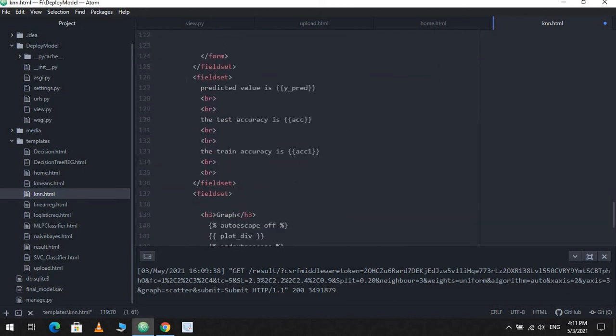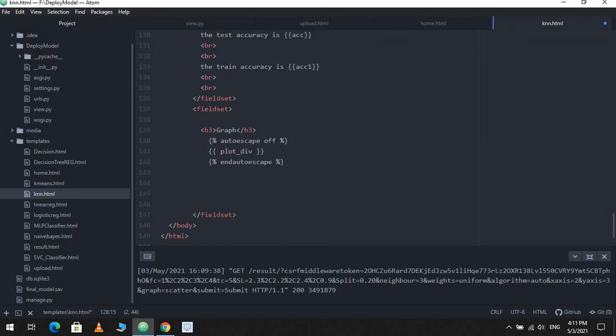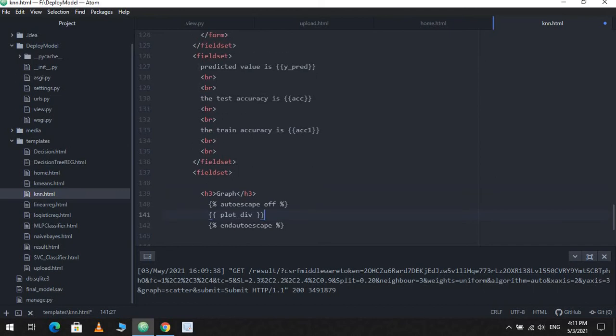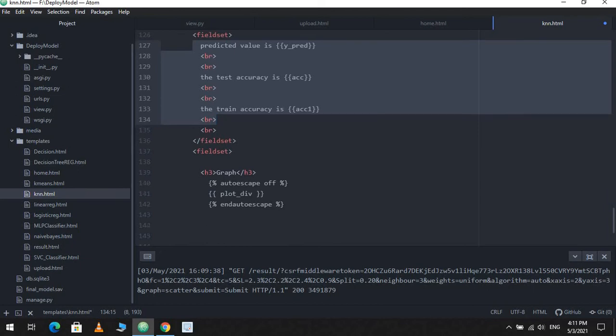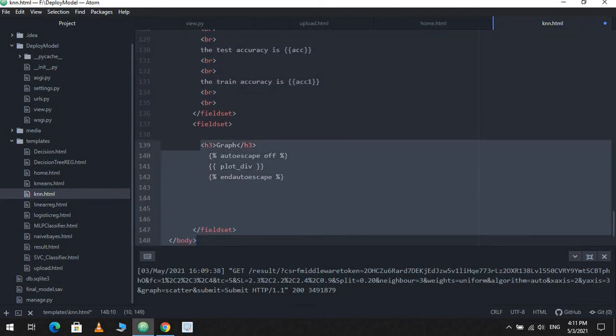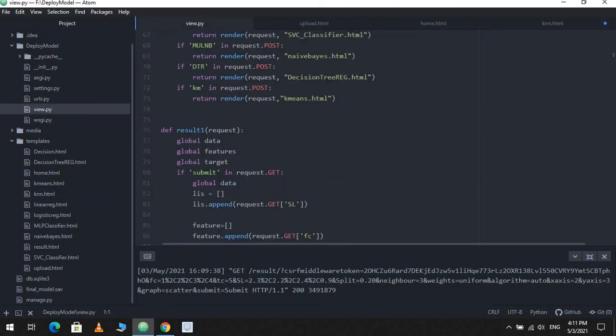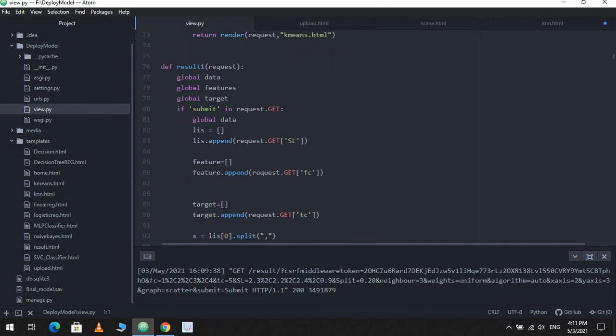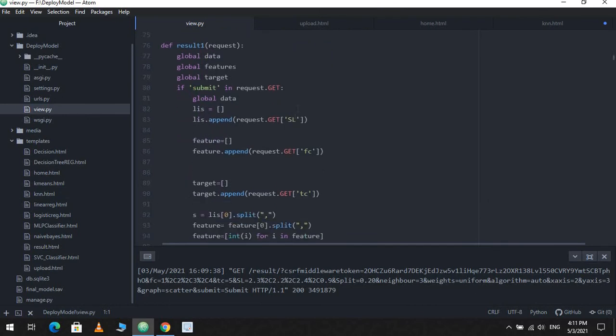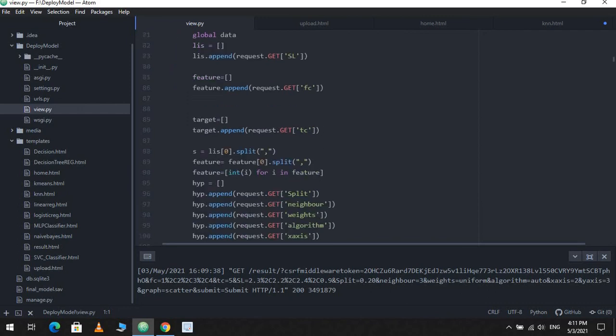And then your predicted value, test accuracy, and train accuracy are shown in one field set, and your graph is shown in another field set. What I have done, if you see, if submit in request.get is going, what I'm fetching,